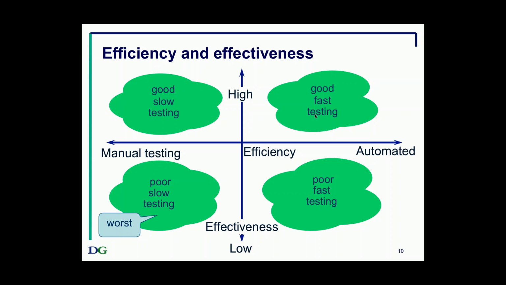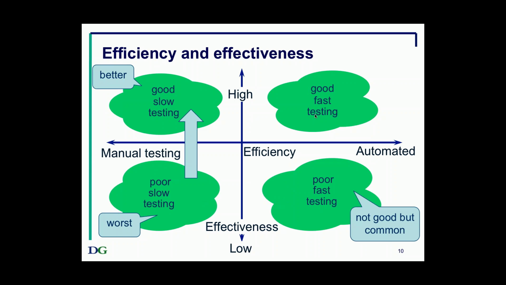So if you're starting off here in the bottom left, that's the worst place to be, and a lot of people go over to automating whatever they have and thinking that's going to give them benefits. You're much better off by going up, first of all, to this quadrant and saying, let's have better quality testing. You will get more value by doing that than by automating just anything that you happen to have. And then you can look at what you do have and the better quality tests that you have, automate of those the ones that are worth doing, and that's where you're going to get the greatest benefit.